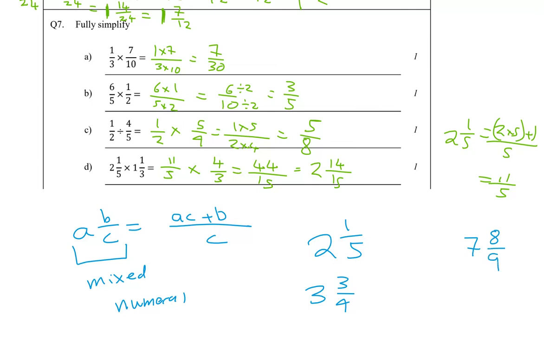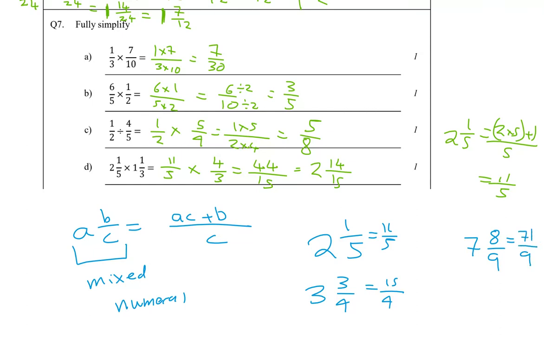Off you go. Okay, so this gives 2 times 5 is 10, 11 over 5. 3 times 4 is 12, plus the 3 is 15 over 4. 7 times 9 is 63, plus 8 is 71